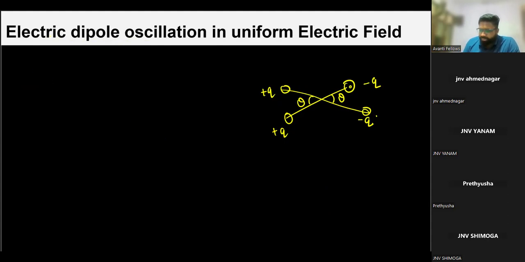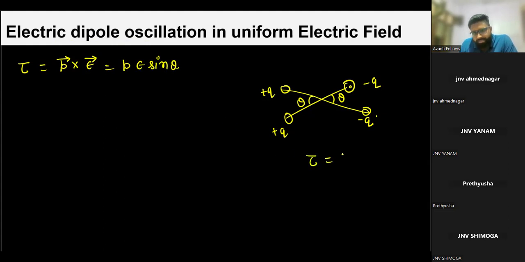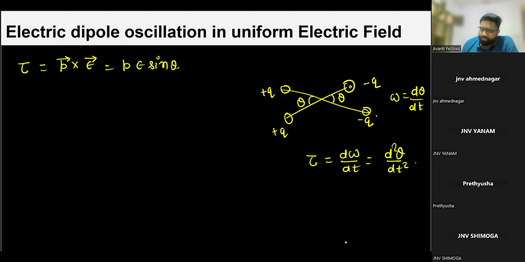नाउ इफ आई टॉक अबाउट द टॉर्क, टॉर्क के बारे में अगर मैं बात करूं, तो व्हाट वी हैव सीन, दैट टॉर्क इज इक्वल्स टू P vector क्रॉस E vector, which is PE sin of थीटा। ठीक है, टॉर्क को हम क्या लिख सकते हैं, टॉर्क इज नथिंग बट dω/dt, और ओमेगा क्या होता है, ओमेगा इज dθ/dt, तो दिस टॉर्क इज नथिंग बट d²θ/dt²। ठीक है, इफ यू रिप्लेस द वैल्यू हियर, it will become d²θ/dt² is equals to,